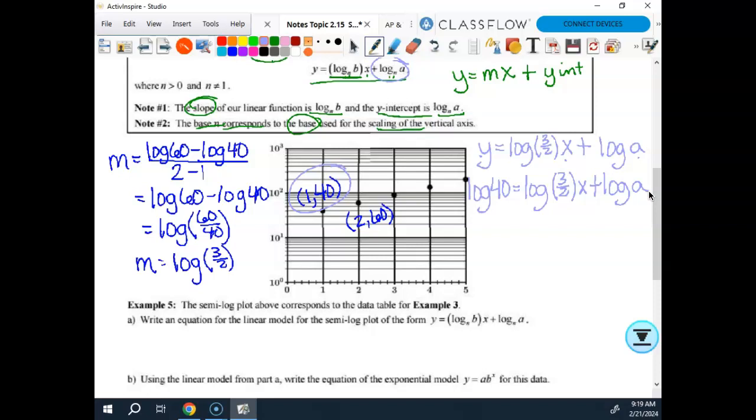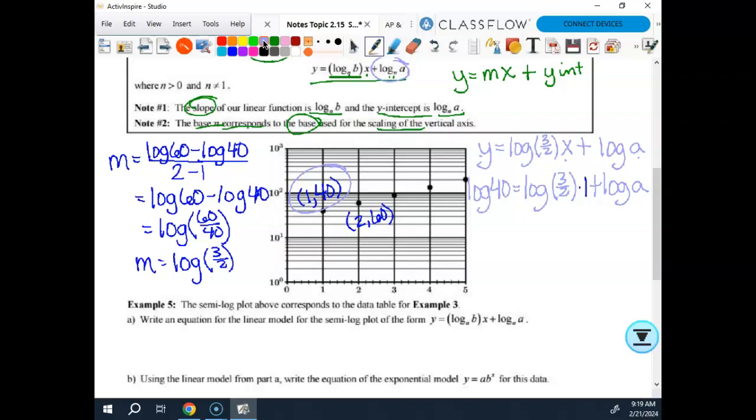Oh, I put x. Oh my gosh. Wouldn't it be a miracle if I could get through a day without doing something stupid? What is my x value? 1. So it's really just times 1, but I'm going to put that in there because maybe sometimes you don't get to use 1. Maybe it has to be something else, but 1 makes it the easiest for sure,